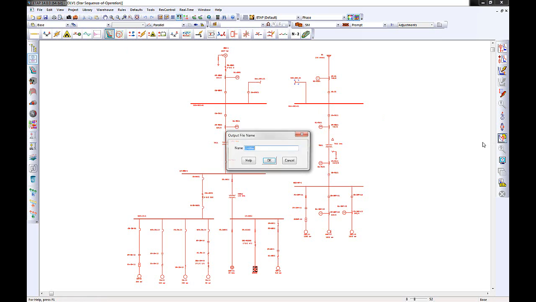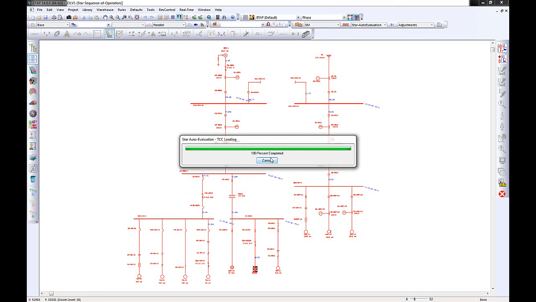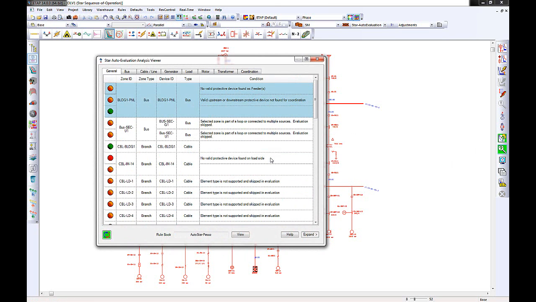Once I press this button, I would put a name for the report like STAR Auto Evaluation and press OK. The program starts to collect all of the required data for evaluating the protection and coordination of